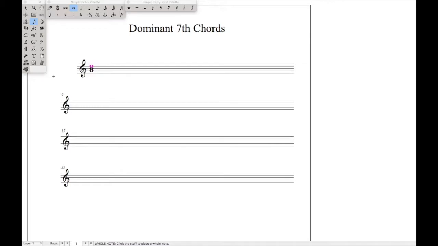Now, if I want to make this a seventh chord, I have to just follow the pattern. So we had root, then we had the third, then we had the fifth. And if I want it to be a seventh, I'm going to add another note, a third above my highest one so far, because they've all been thirds so far, right? G to B, and then B to D. So now I need to add another third, D to F,